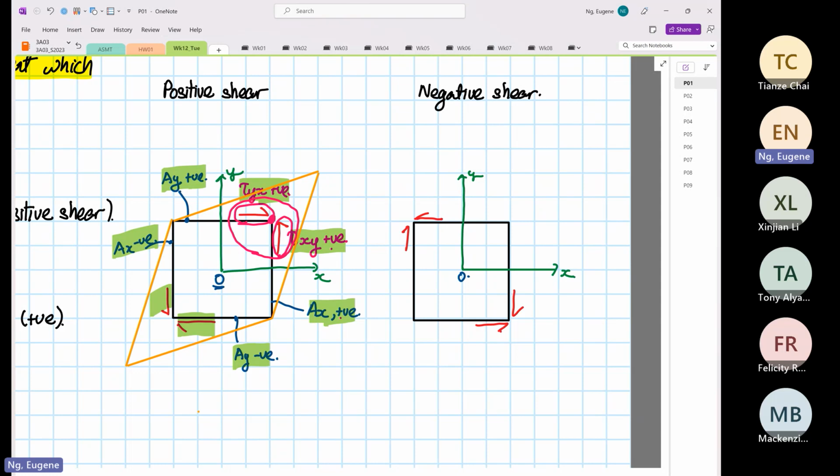And then in terms of negative shear, we know that this is also shear XY intersecting the plane X, shear stress in one direction, shear YX. So what you can see over here now, if we were to draw the deformation